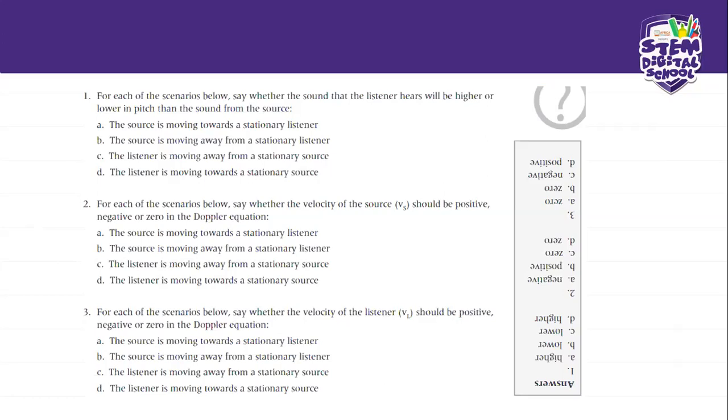So number 2, it says, for each of the following scenarios, say whether the velocity of the source will be positive, negative, or 0 in the Doppler equation. The source is moving towards the stationary listener. This one is going to be negative. Remember, they've mentioned that when the source is moving towards the listener,